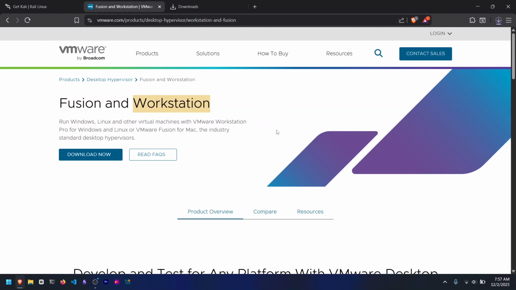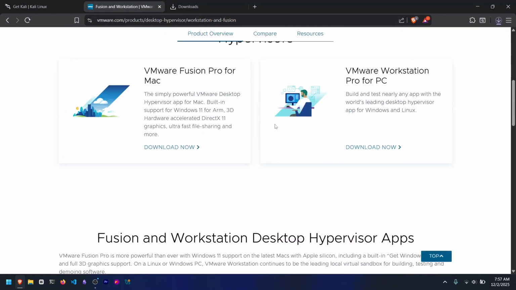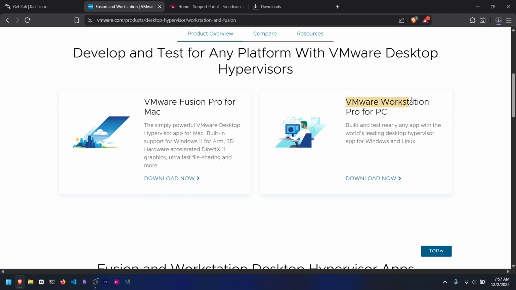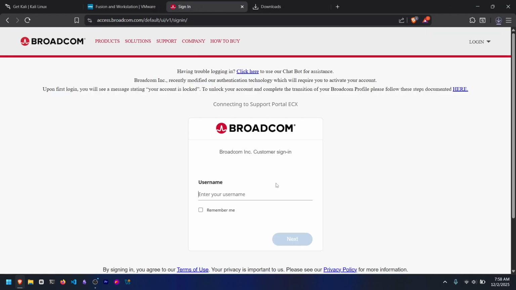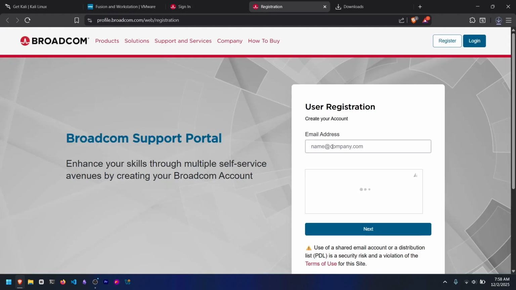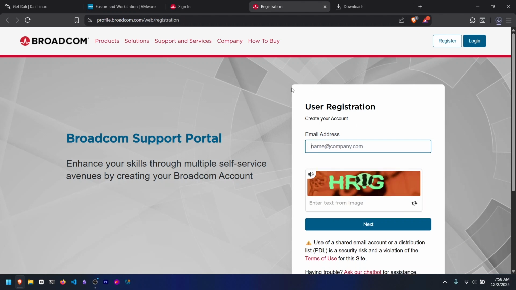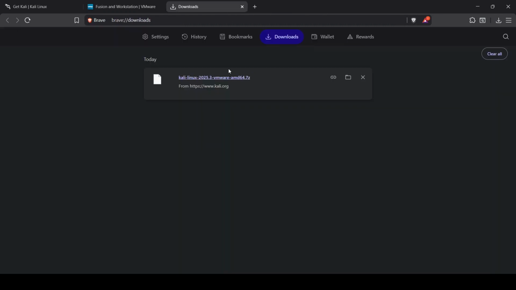So you can get the VMware Workstation Pro version for free. So VMware Workstation Pro for PC. We'll select that. Then you're going to be required to create an account. So you're going to come up here, then you're going to say register, then make sure you provide an email. You clear this captcha. So you can see our Kali Linux has completed downloading, and I already downloaded the VMware